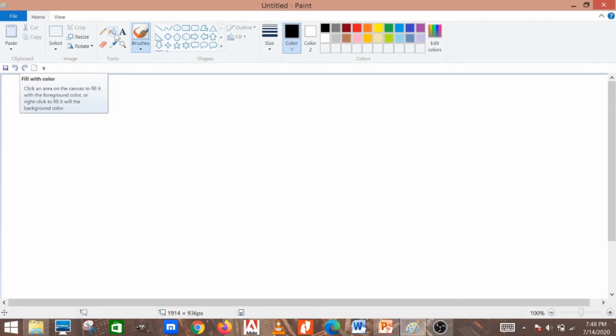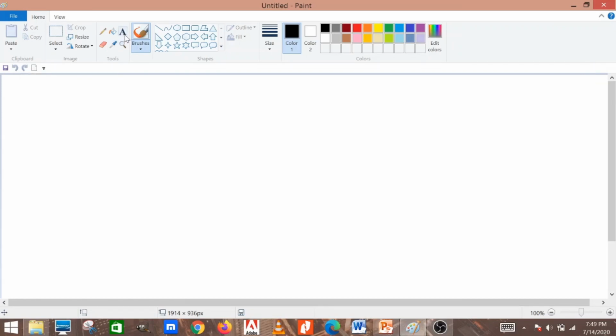Click an area on the canvas to fill it with the foreground color, or right click to fill it with the background color. This one is your eyedropper tool, the color picker. Pick a color from the picture and use it for drawing.